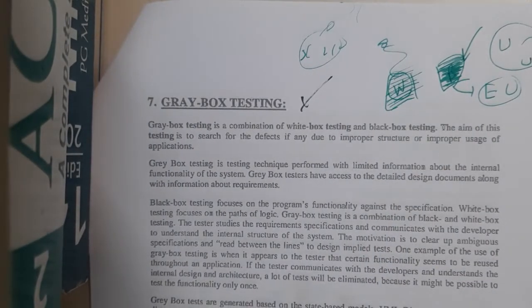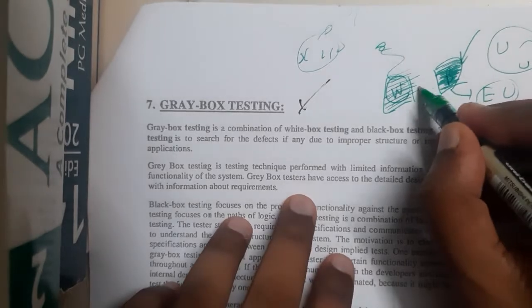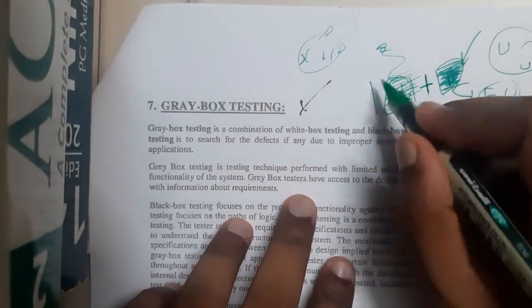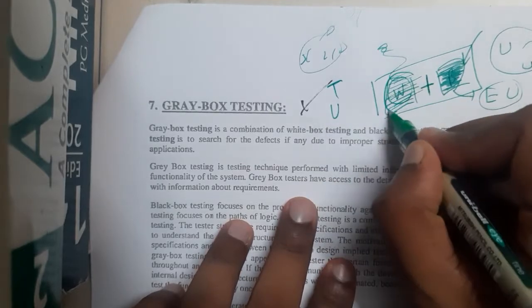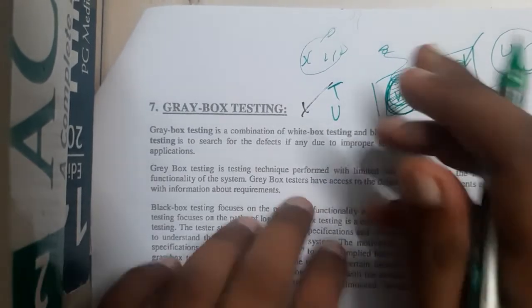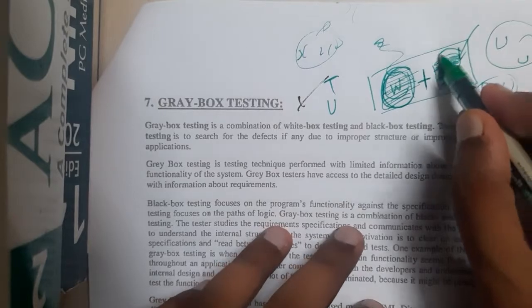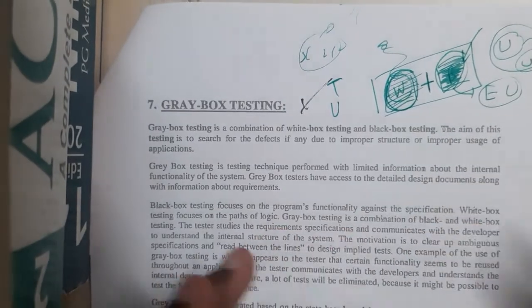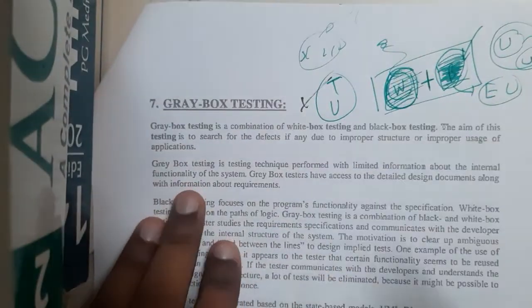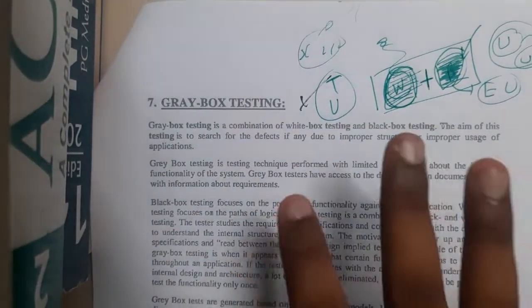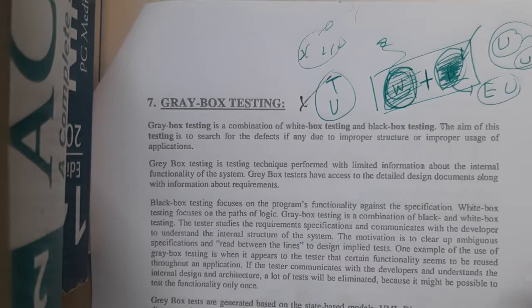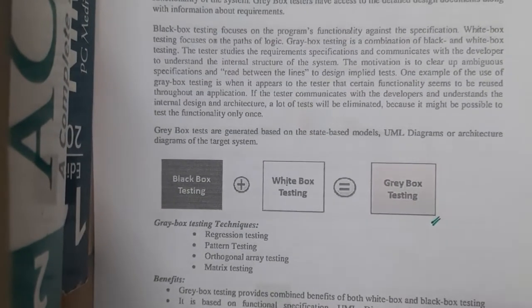So now, gray box testing. What is gray box testing? It is nothing but the combination of both, guys. Here the user or the tester will have an idea about what the internal logic exactly is, what the expected input is and what the expected output is. So both the advantages of those methods are combined and built into a method that is called gray box testing.